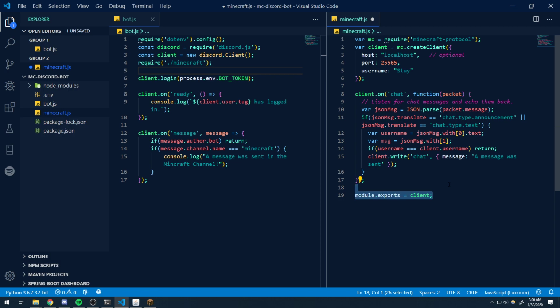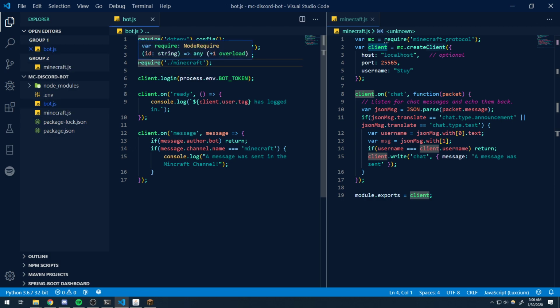So I think what we could do instead is we can export this client. Okay. Yes, we can export this client. Well, actually, no, because now that I'm realizing, this only works one way, right? So let me show you what I'm thinking. Right now I'm going to export this. I'm going to attach this client object to the module, to the global module that exports, and so now we actually